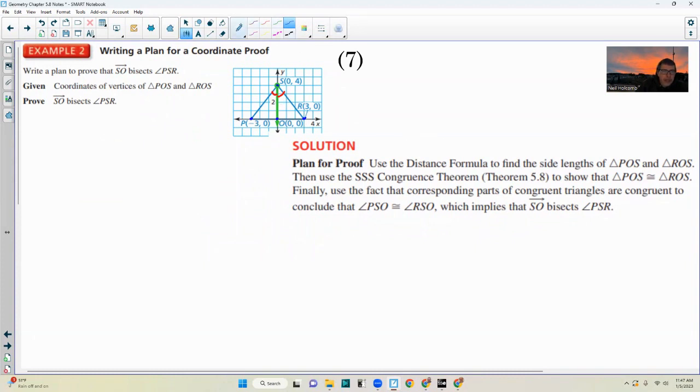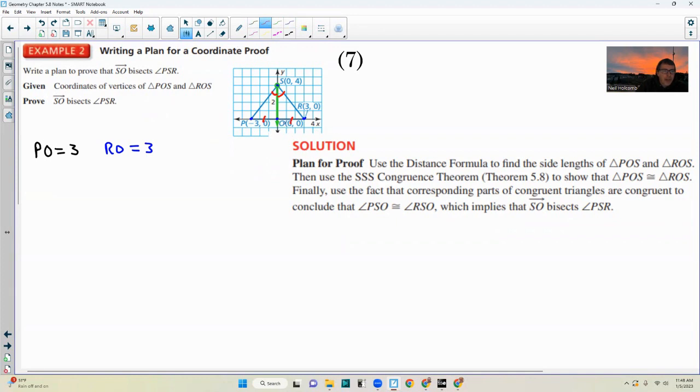In triangle POS, I'm going to say the length of PO equals... PO is right here. Actually, it's just a horizontal line, so it's just the difference of your x's. 0 minus -3 is 0 plus 3, so PO is length 3. Okay, I'll do the other one in blue. RO goes from 0, 0 to 3, 0. So it's 3 minus 0 plus 0 minus 0, which is 3. That's a distance of 3. So RO is 3. So now I can say that PO is congruent to RO because we measured them as